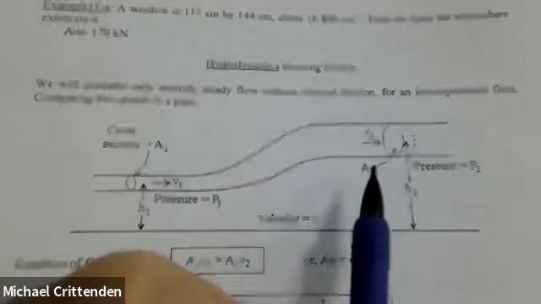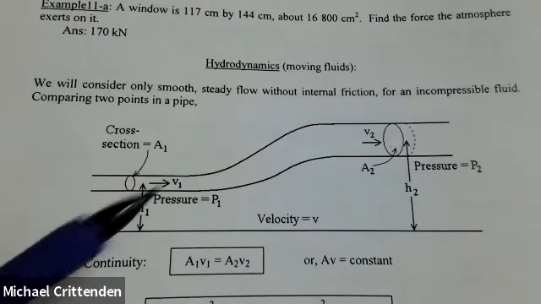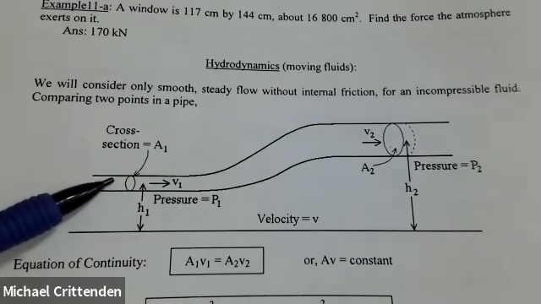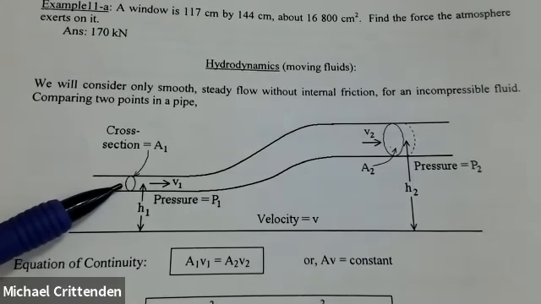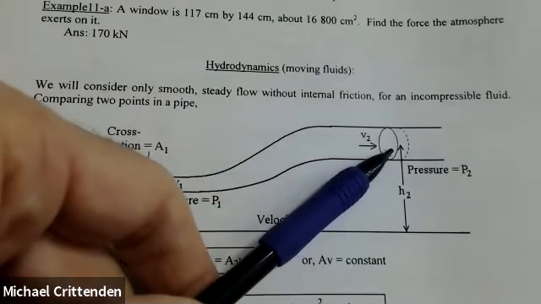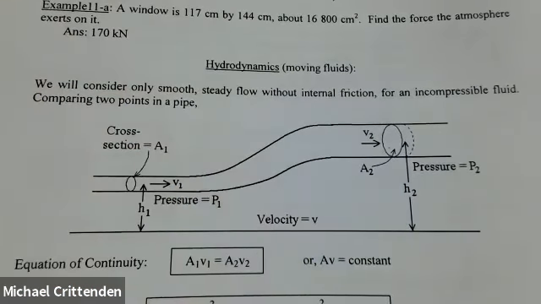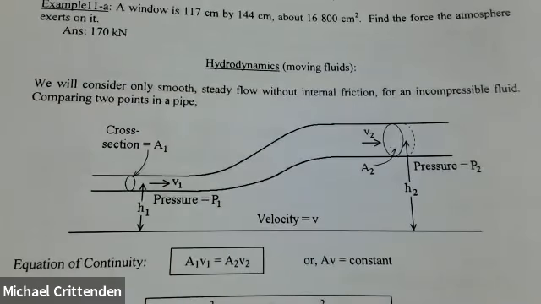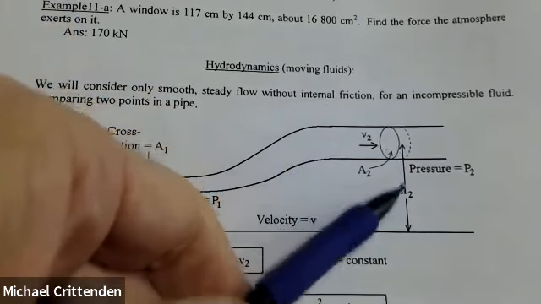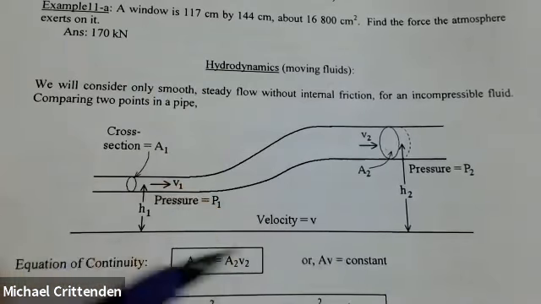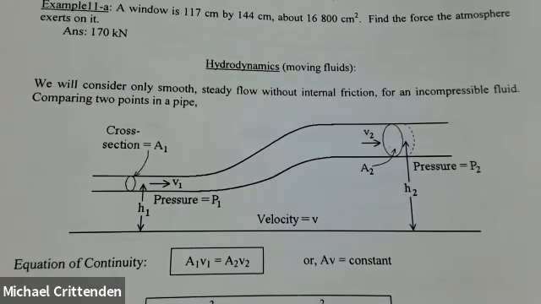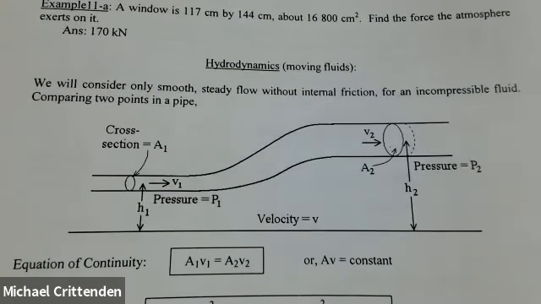These 2 points might differ, first of all, in elevation, H1 and H2. They might differ in the cross-sectional area of the, well, like if this was a 1/2 inch pipe here, and this is a 1 inch pipe over here, the numbers, when you talk about it like that, refer to the diameter of the pipe. If this is a 1/2 inch pipe and this is a 1 inch pipe, then A2 would be 4 times A1 because, area, pi r squared. You double the radius and you get 4 times the